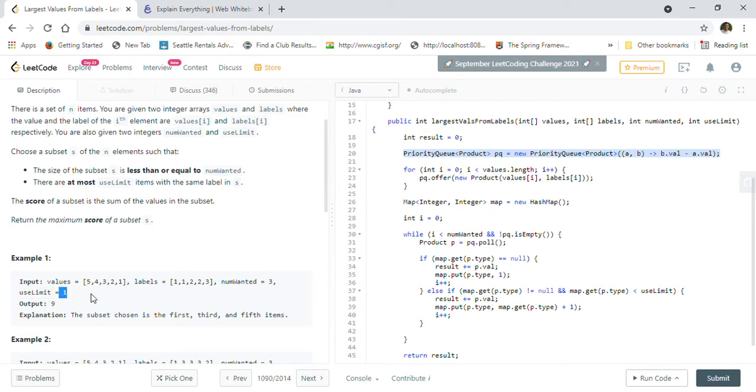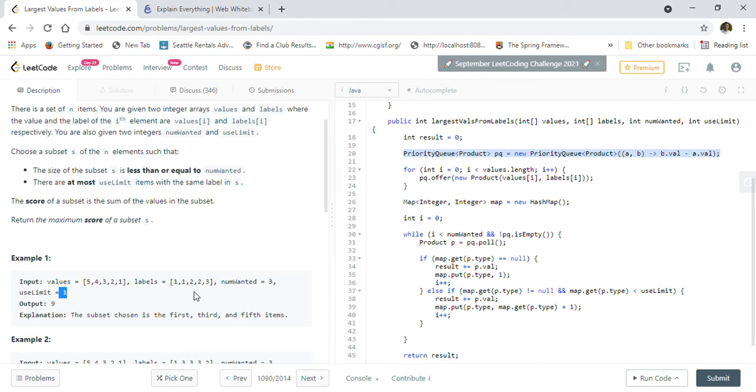For example, if you are buying a t-shirt, then t-shirt is one type, so you can buy a maximum of use limit items of that type from that shop. Like that you can consider this example, and we have to find the maximum score from these products after we make the selection.